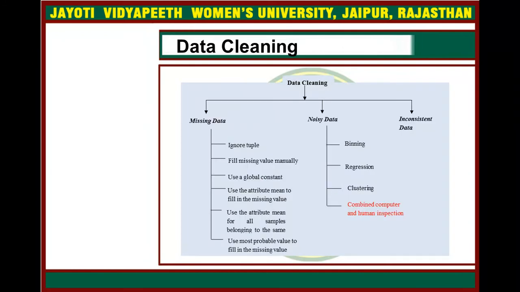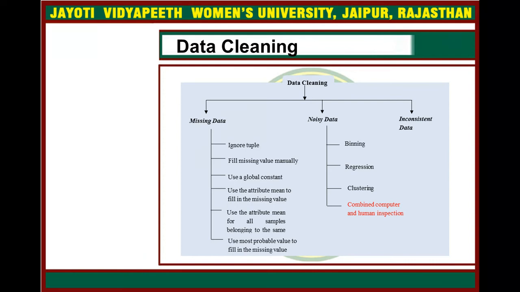Now, this is a brief overview and classification of data cleaning. Basically, data cleaning is divided into 3 parts. How can we clean the data? We can clean the data through missing values, noisy data, and inconsistent data. I have already discussed missing data and noisy data in my previous videos. The whole part of missing data I have already covered, and the second, noisy data, is covered in my previous videos: binning, regression, clustering.